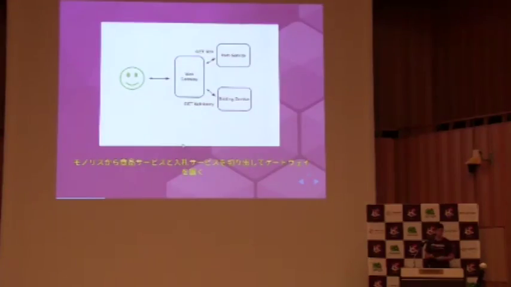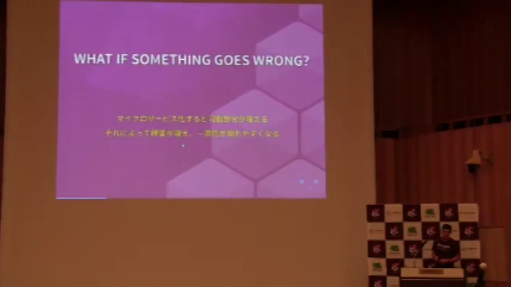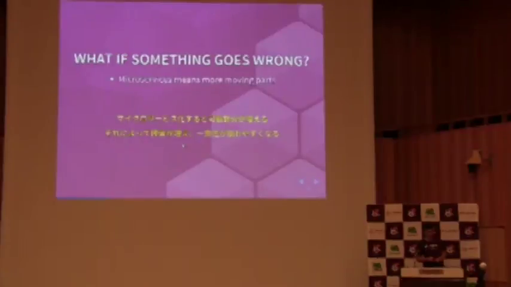Microservices mean more moving parts. Instead of one application that we're maintaining, we've got many little applications that we're maintaining. And this means that there's more chance for things to go wrong, more chance for things to fail. It also means that there's more chance for things to be inconsistent, because we can't just rely on the fact that it's just one service that's controlling everything. Things can be inconsistent.